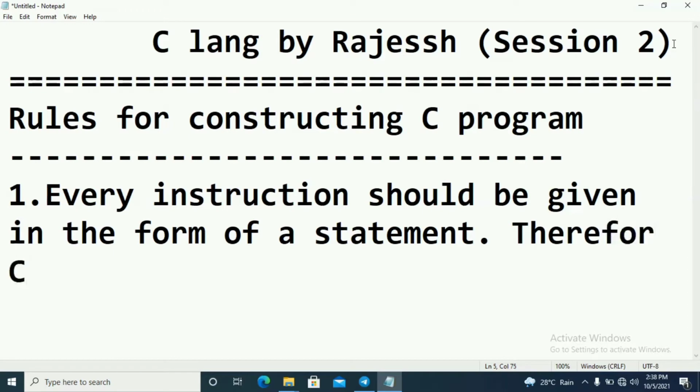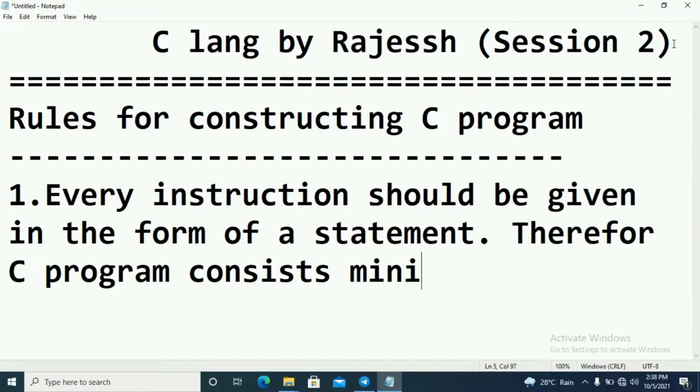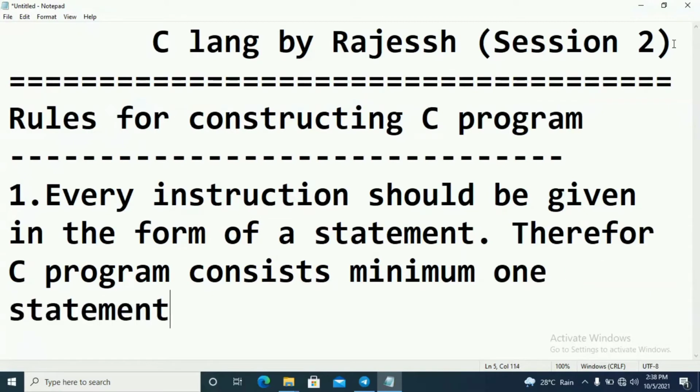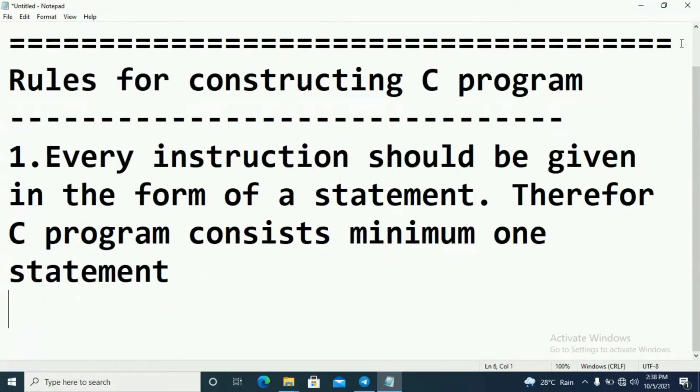Therefore, a C program contains a minimum of one statement. That means a C program contains a number of statements.